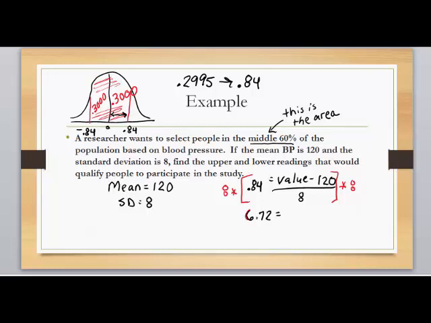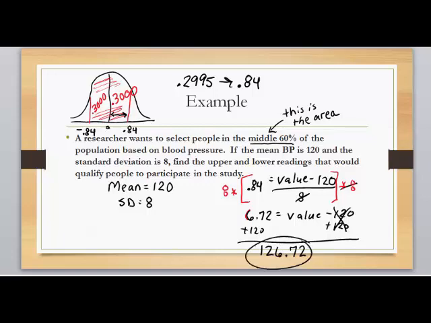And on the right-hand side, it's going to cancel out, leaving me just the value minus 120. And then the final step to isolate the value is to add the 120 to both sides. Causing it to cancel here and giving me an answer of 126.72. So that is one of my answers